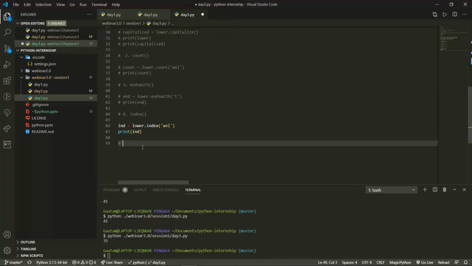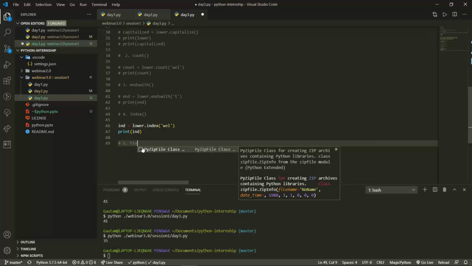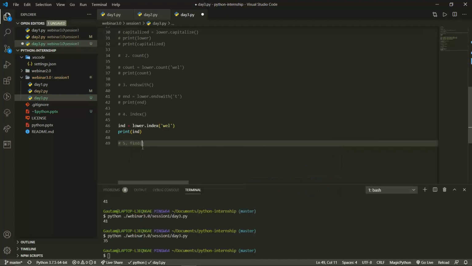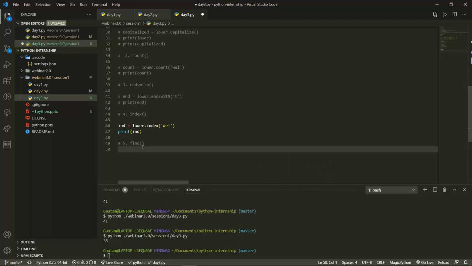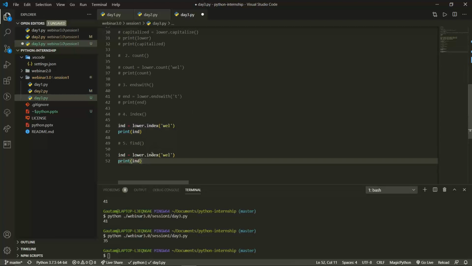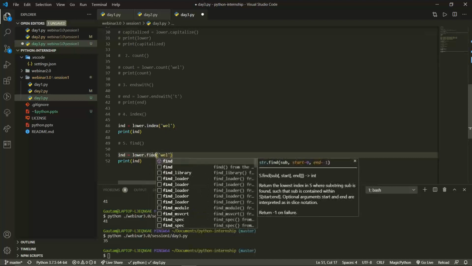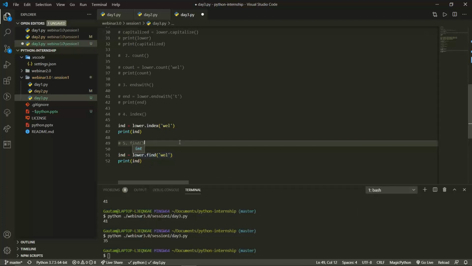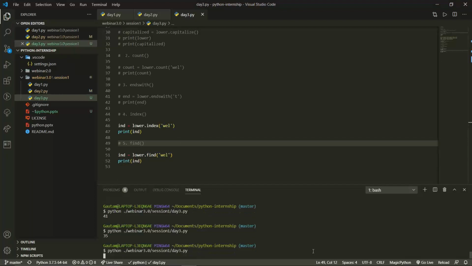I will prove that both give the same thing. Find, and inside that I will pass the same thing, but I will do it with find. Find well. Now it may be 35. So see, find is also giving you the same value. So there is no difference.